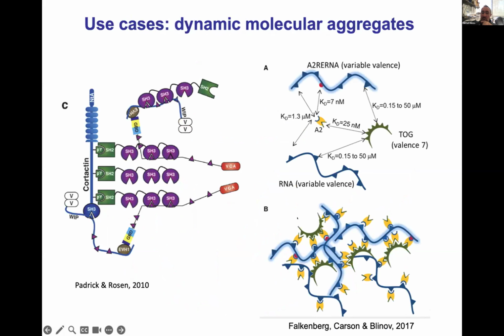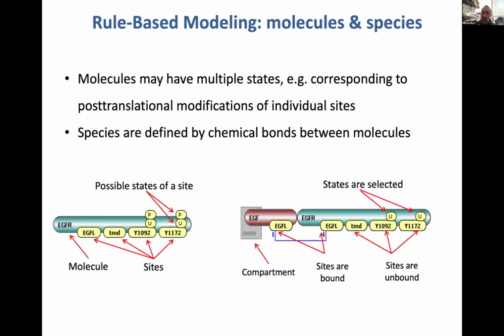So there are multiple cases when you cannot do a reaction network. But you also may not be ready to do spatial agent-based modeling because it's too complicated, and you just want to do it non-spatially. So for this case, you start with rule-based modeling,